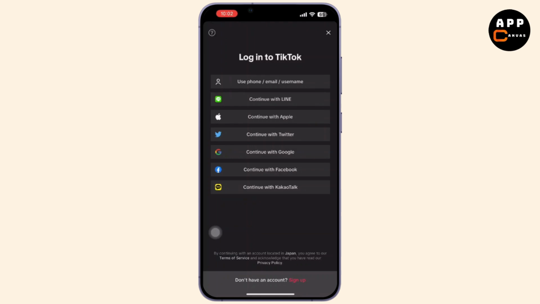Now on the sign up option, choose the option to sign up using your phone number. When prompted, enter your phone number, then TikTok will send you a verification code. Now all you have to do is enter the verification code sent to your phone. After verification, you'll be asked to choose a username and complete any other required steps to finish creating the new